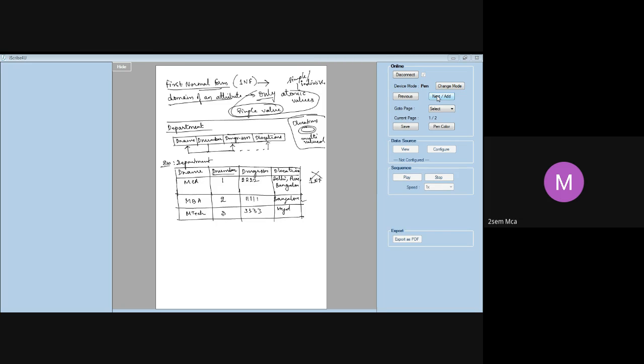Can you tell me why? Because of the multi-valued attribute, ma'am. Yeah, D location has multiple values here. What did we say in case of first normal form? First normal form states that every attribute should have only atomic values, a single value only. You cannot have multiple values. Since this first record is showing multiple values, this particular table violates 1NF because your D location is not an atomic attribute.